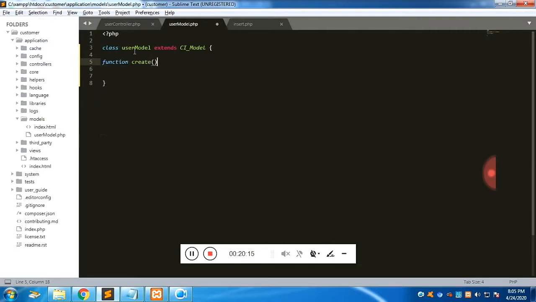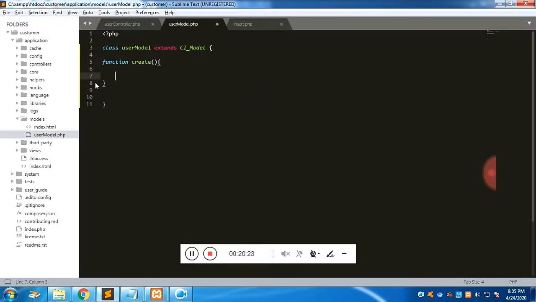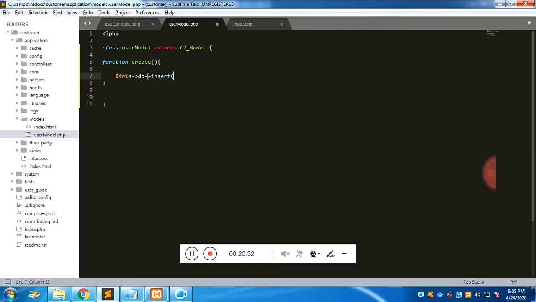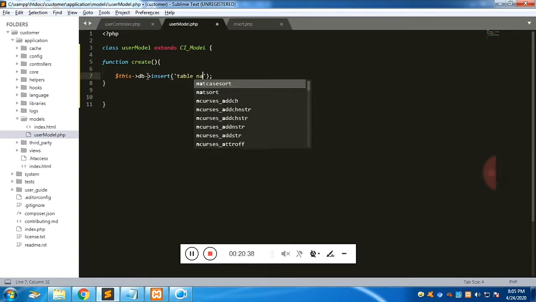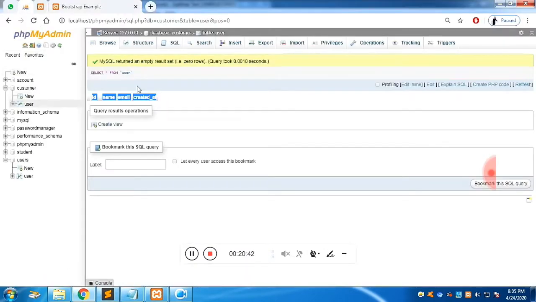Fine. As I said, we are going to create a function and we will insert the value into the database. This db is a class, and inside that we will have a function. We need to pass two parameters. The first one is the table name and the second one would be the array. As you guessed, the array is the associative array which we have just created.